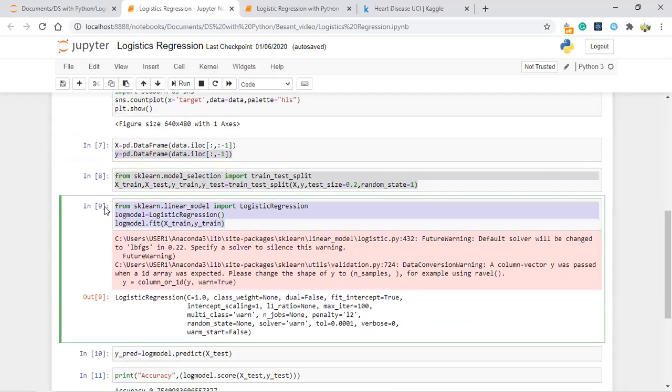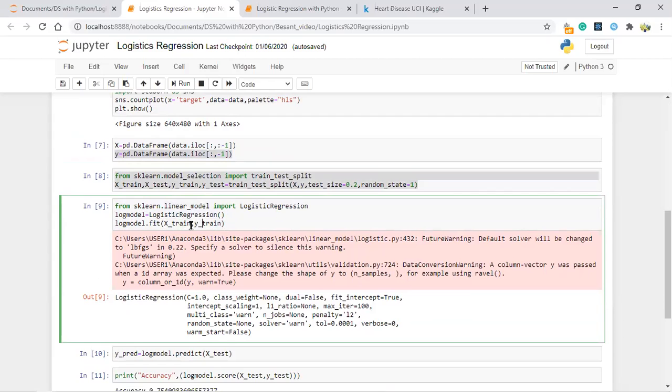Now this is how I'm going to apply logistic regression. The very first thing is from sklearn.linear_model import LogisticRegression, and I give a variable name and initiate the logistic regression. After I initiated it, I'm fitting my logistic model with X_train and Y_train.